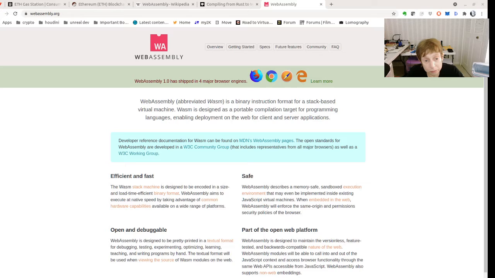Now that's going to be useful for Radix as well, because as we spoke about the other day, when you look at their docs, their Scrypto is going to have a lot of Rust flavor to it. So let's look at WebAssembly. Notice that WebAssembly,